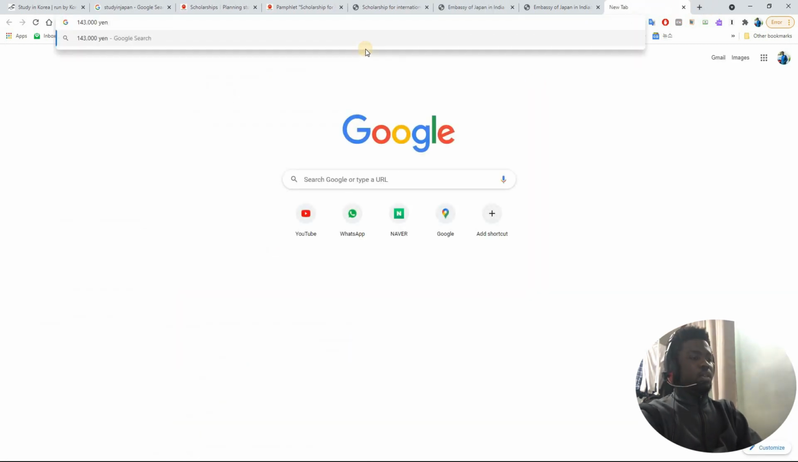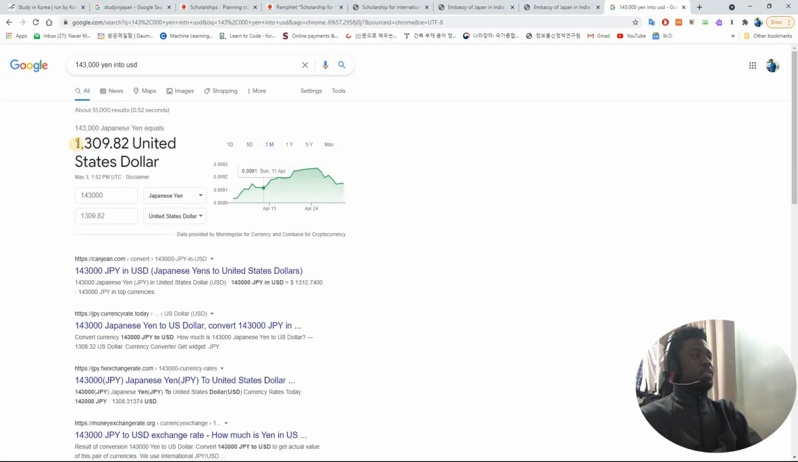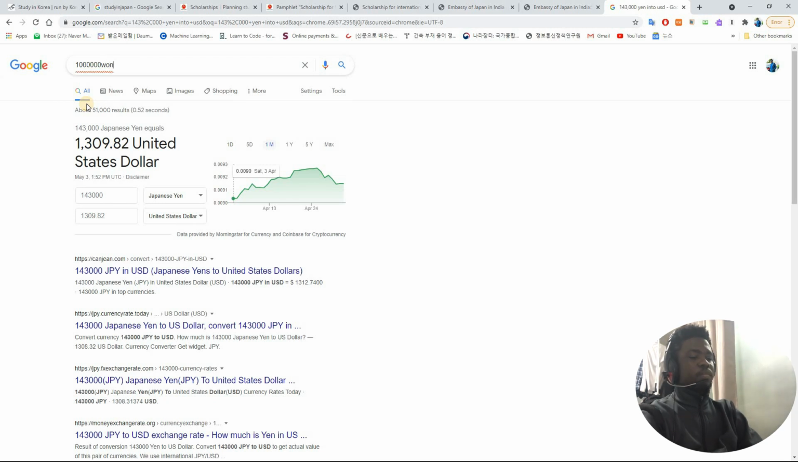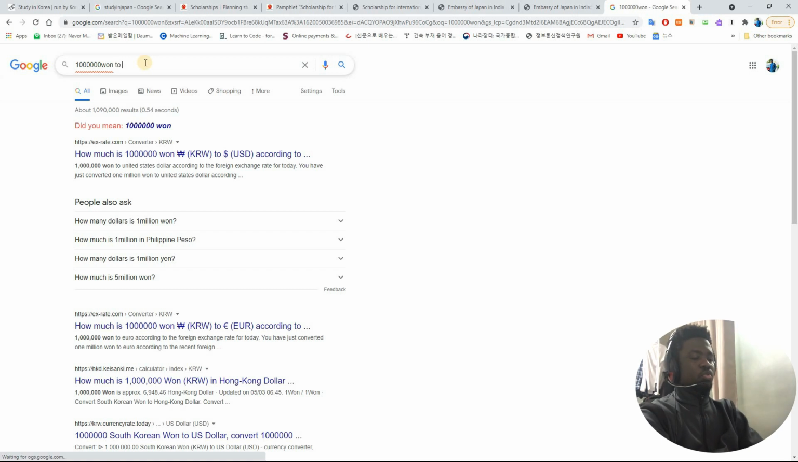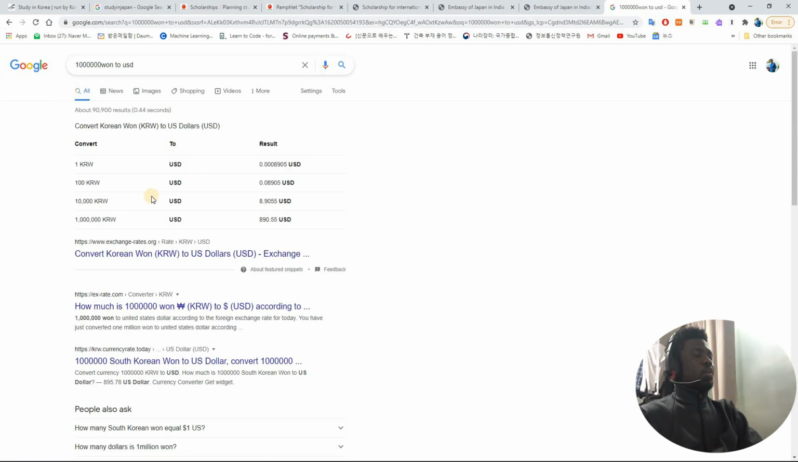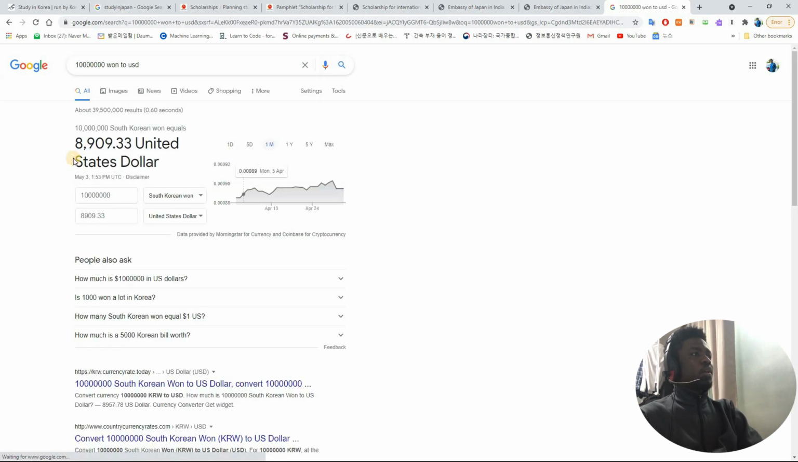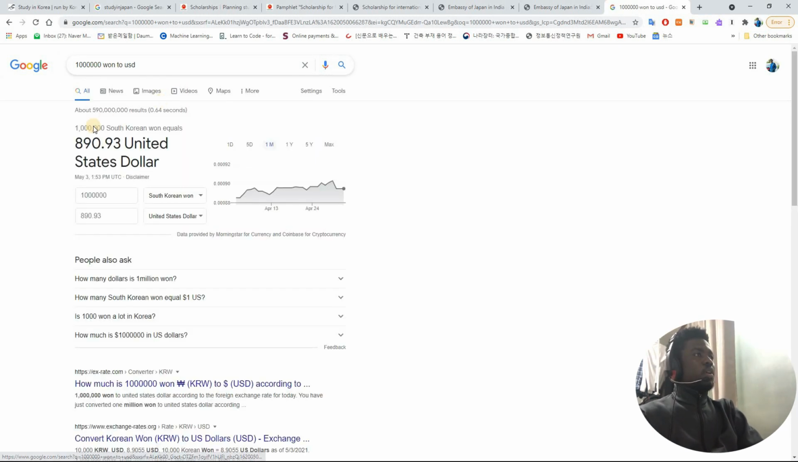So yen into USD, how much is it? It's about 1,309 USD. So that's the amount you're going to get as stipend. That's a lot. Remember, the Korean government scholarship offers about 1 million won. 1 million won to USD. Not 10,000, not 10 million. Okay, so 1 million won to USD is about